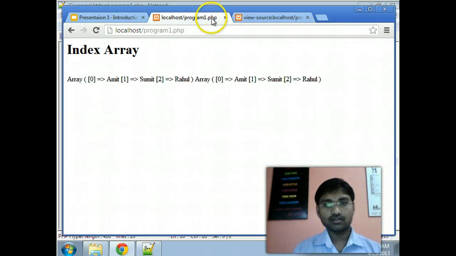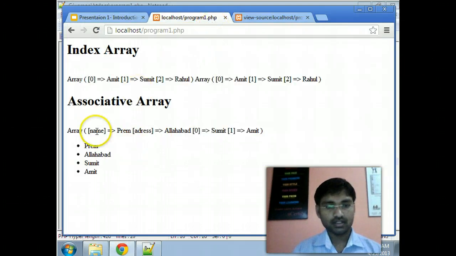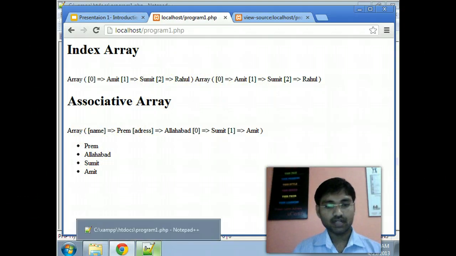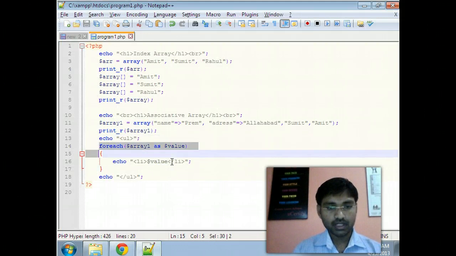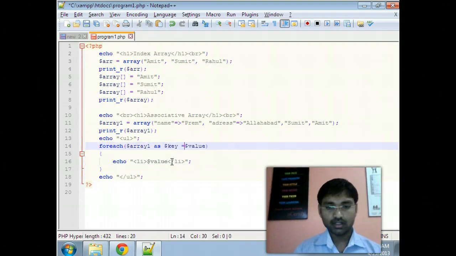Okay, let's check this file and refresh it. Now here Prem, Allahabad, Sumit and Amit are coming in UL tag, UL LI format. So if you want to show their index also, then you can use $key as index, and this will hold the index value.